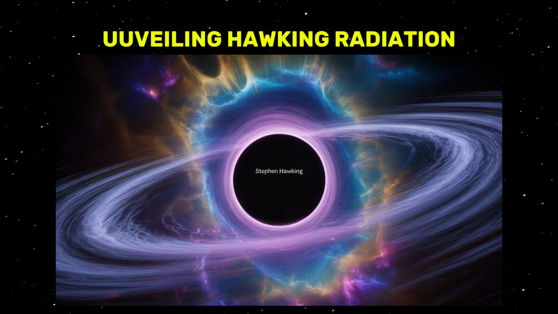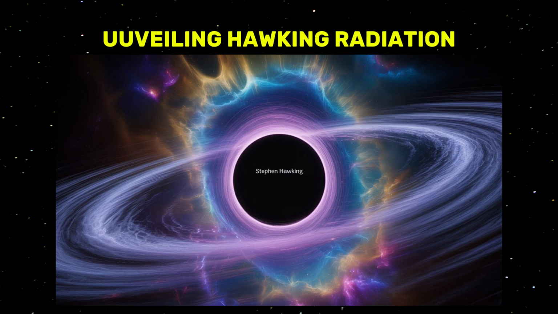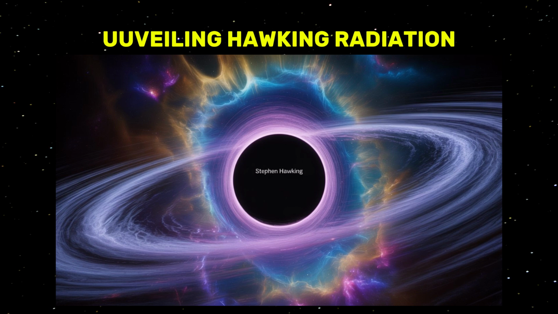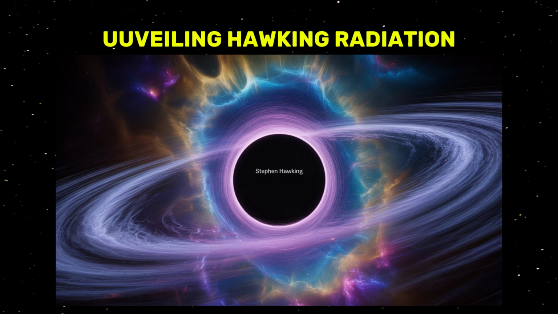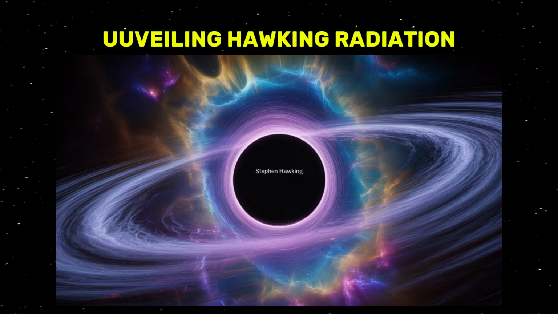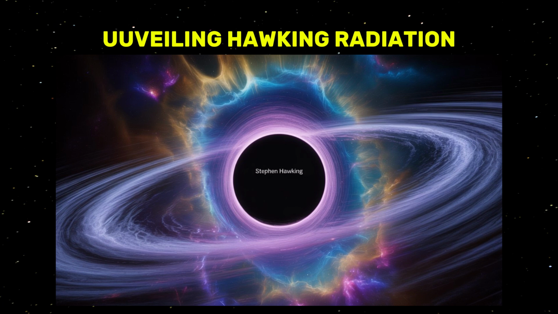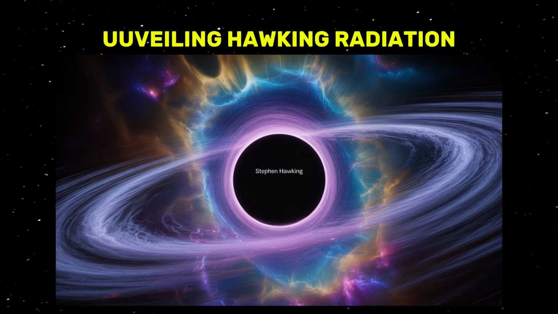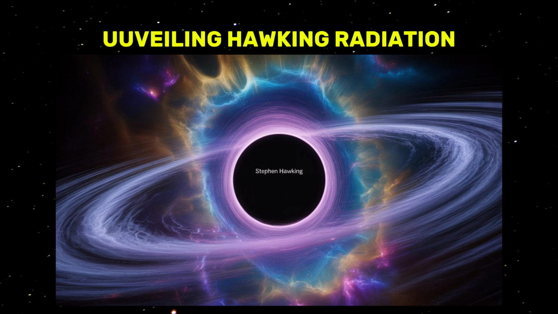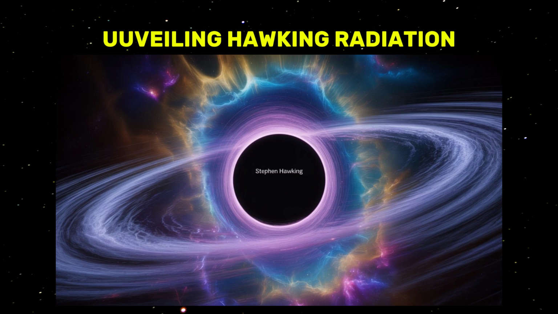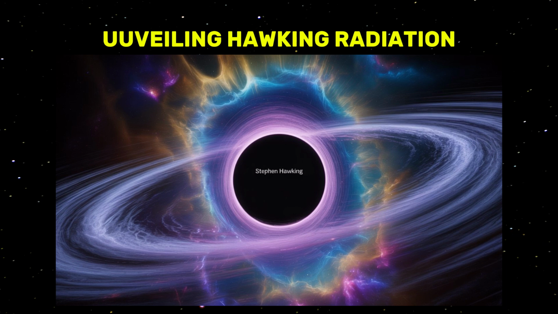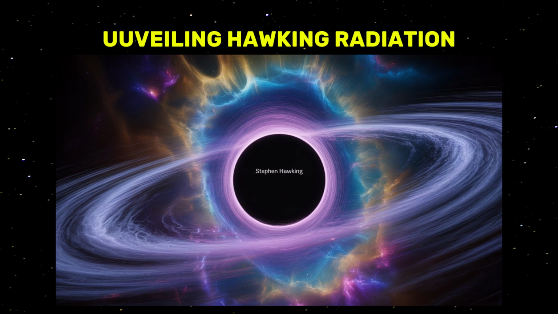However, if black holes could emit radiation and eventually disappear, what would happen to the information about all the matter that once fell inside them? This dilemma became known as the information paradox. If information is lost forever inside black holes, it would violate quantum mechanics. If it survives somehow, then there must be a deeper mechanism we've yet to uncover. Physicists have been wrestling with this paradox for decades, and it continues to drive efforts to unify general relativity and quantum mechanics into a single, coherent theory.